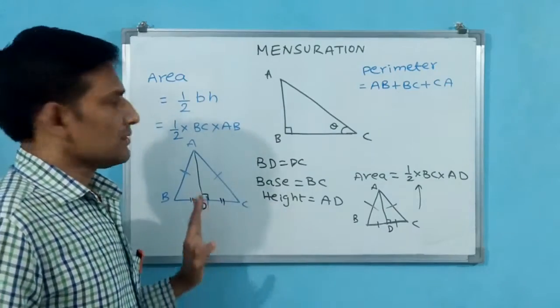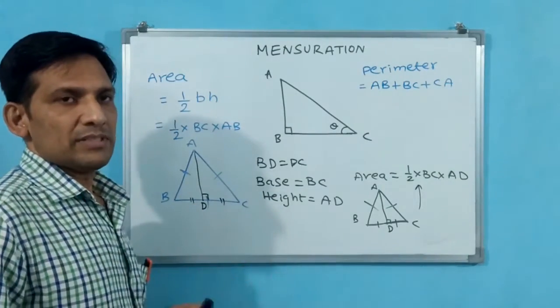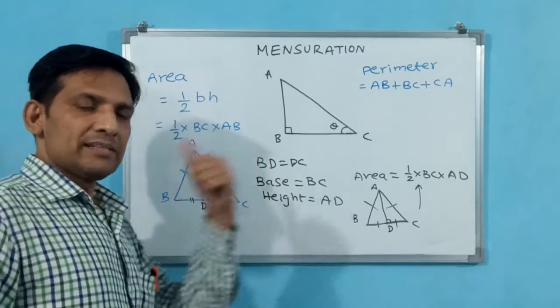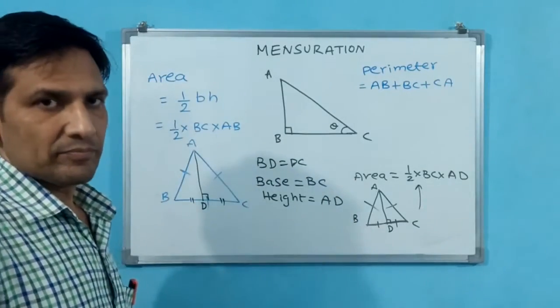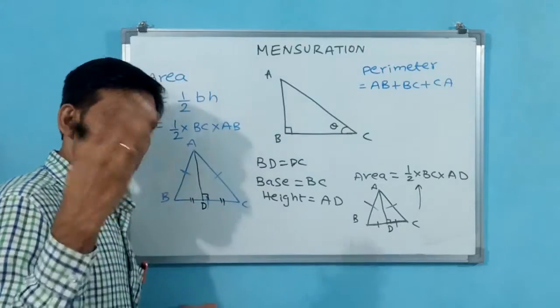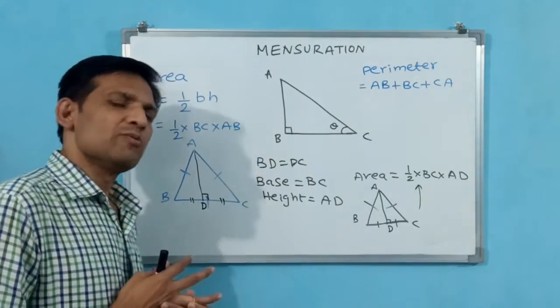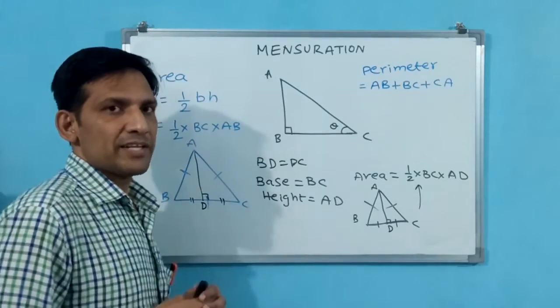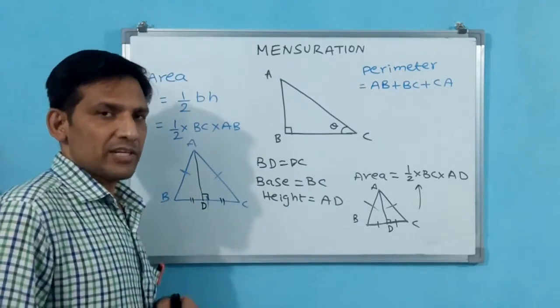With this, three types of triangles we have seen. The fourth type you also have to take like this only, or else they are going to give the height, or some other trigonometrical formula is there, which we will see in trigonometry, for finding the area of that scalene triangle.